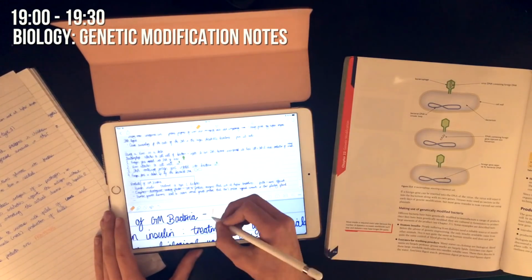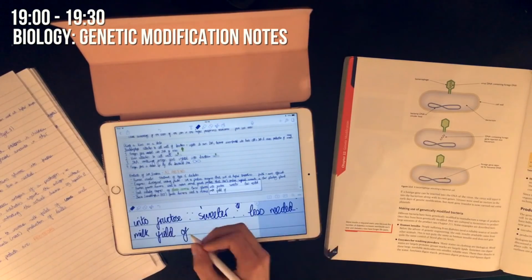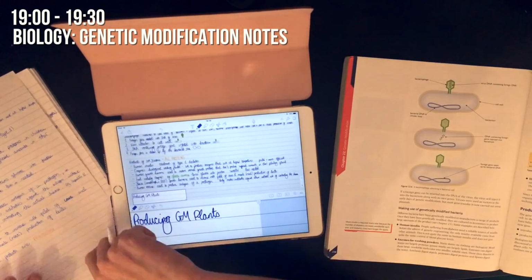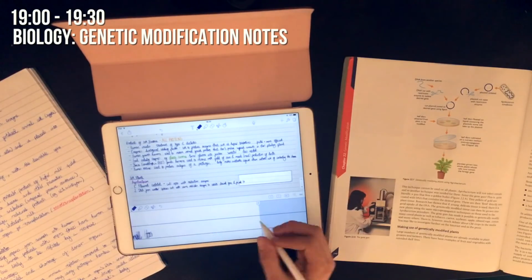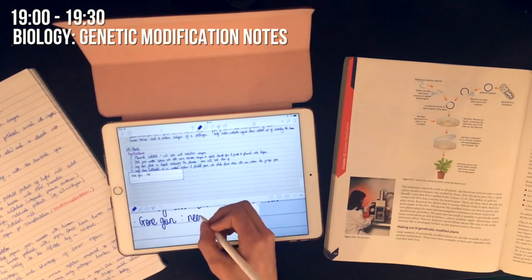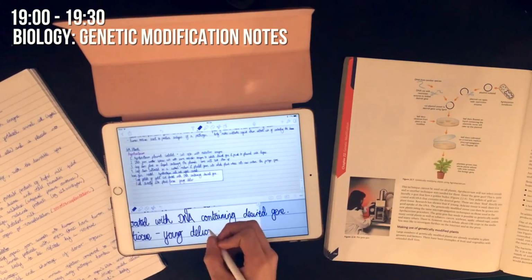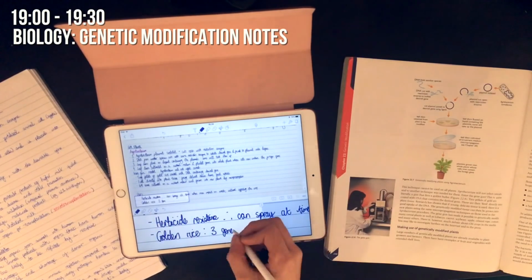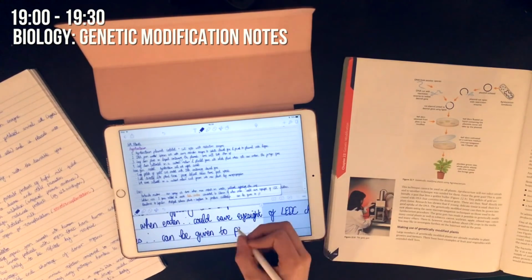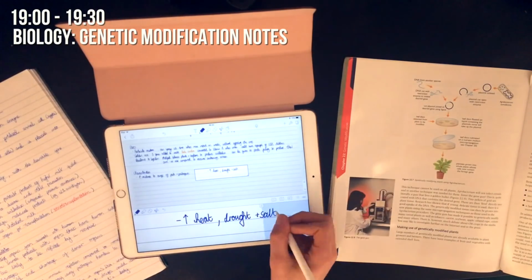Then I just took a big break for dinner and I went for a run and I showered and all that jazz, and I'm back for some biology revision again, just because I'm the furthest behind in biology. As you can see, my room's quite orange right now just because it's golden hour and the sun's setting, it's very scenic, and I'm, you know, stuck inside making notes for genetic modification, but hopefully it'll all be worth it